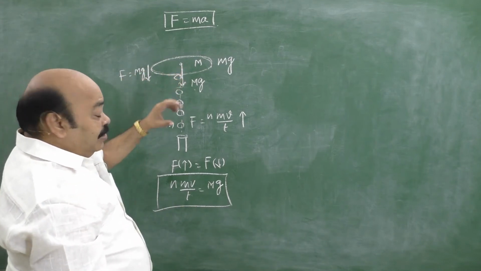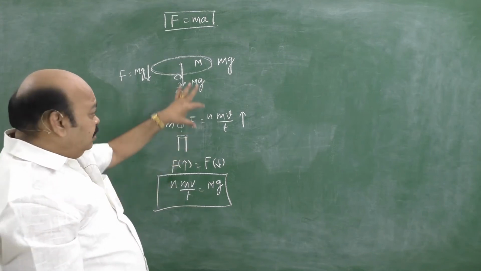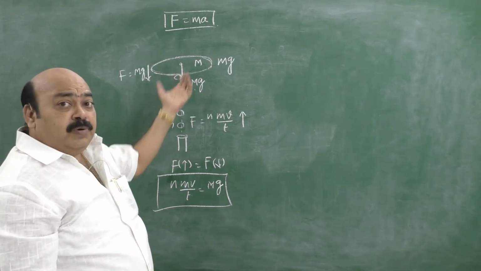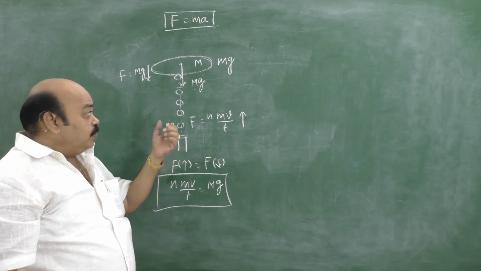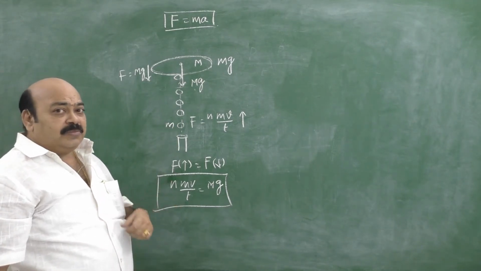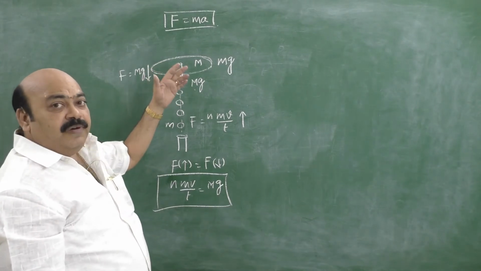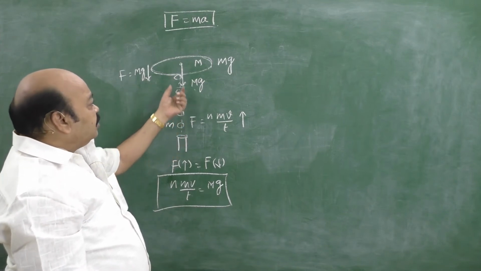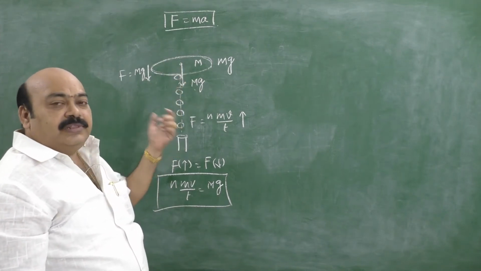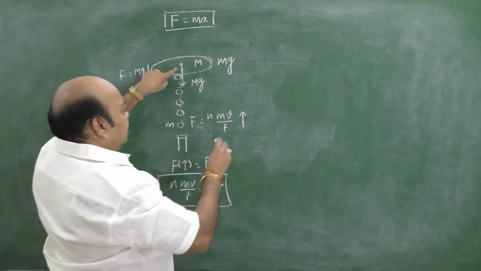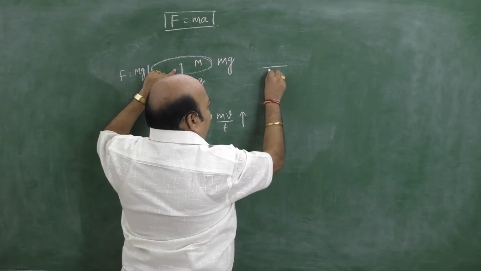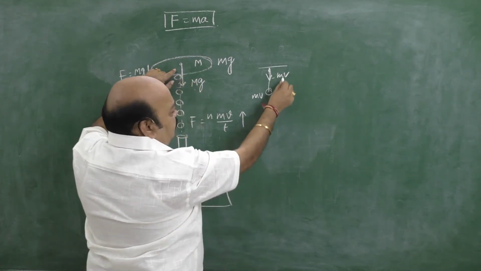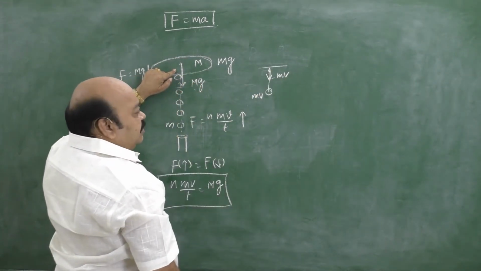See, if one sentence is added, this entire thing will be changed. The ball hits the plate and rebounds back with the same speed. Then what is the momentum? When it strikes and drops dead, final velocity is 0, so final momentum is 0. If the ball strikes the plate and rebounds back with the same speed, then the momentum becomes, see, while going up, it is mv, and while coming down, rebounding back, this is mv but with a negative sign because velocity is in the opposite direction. What is the change in momentum?